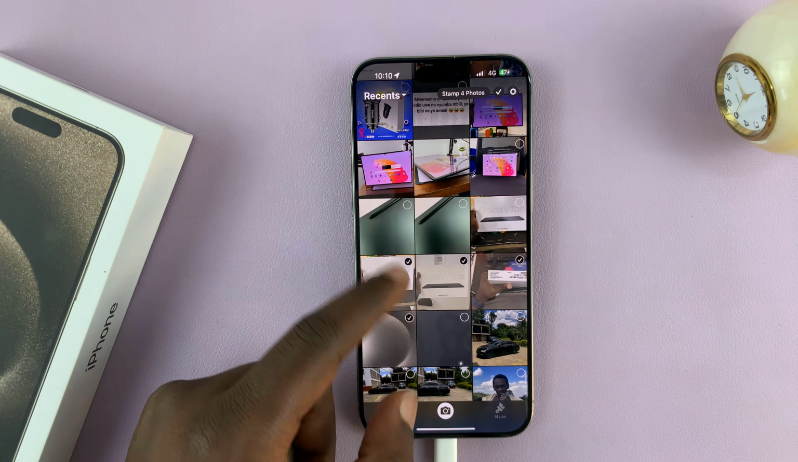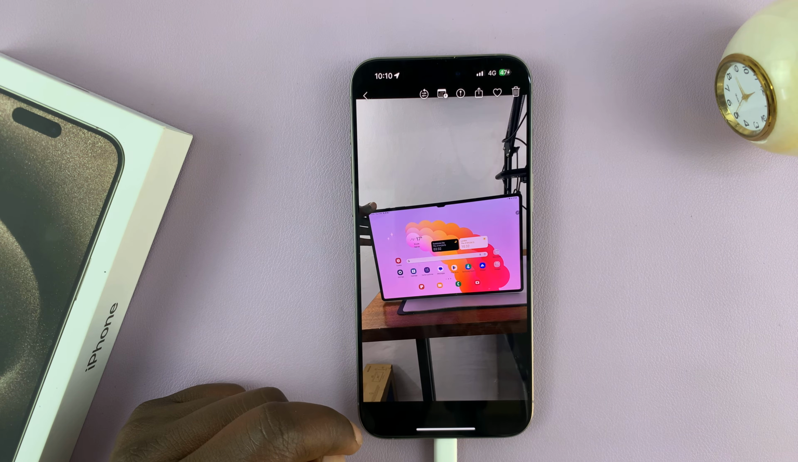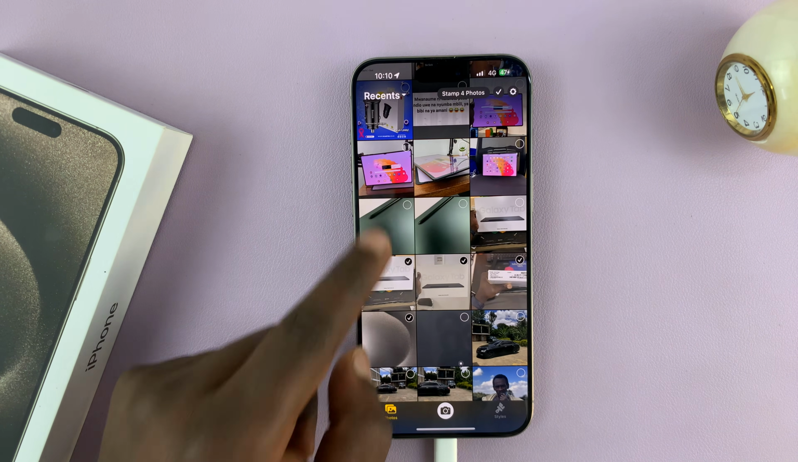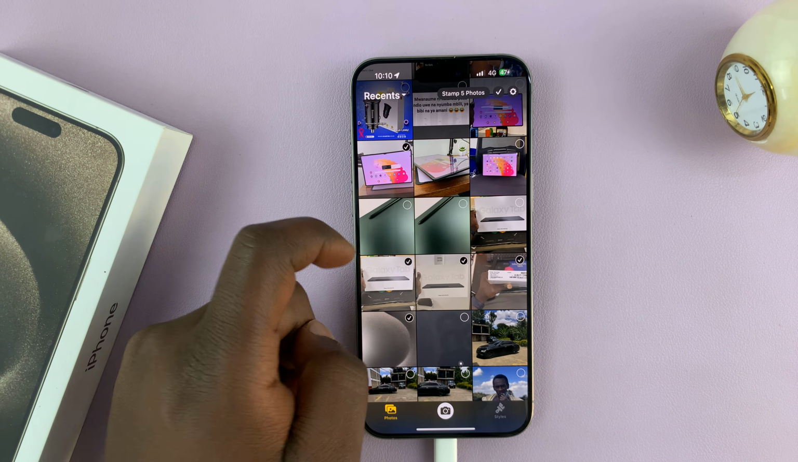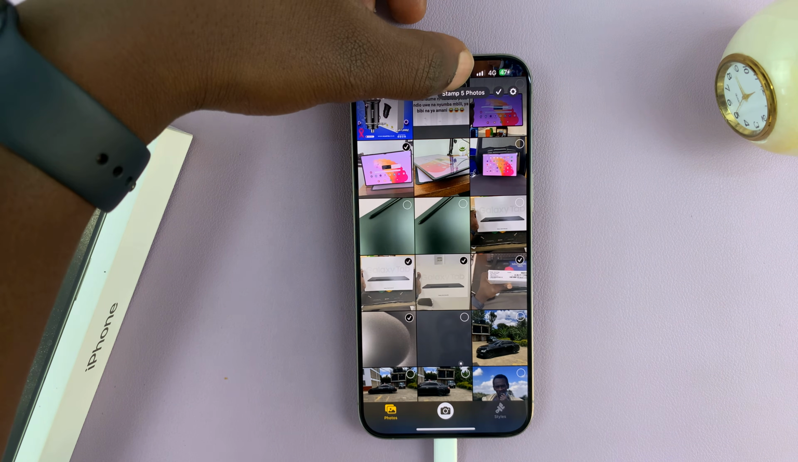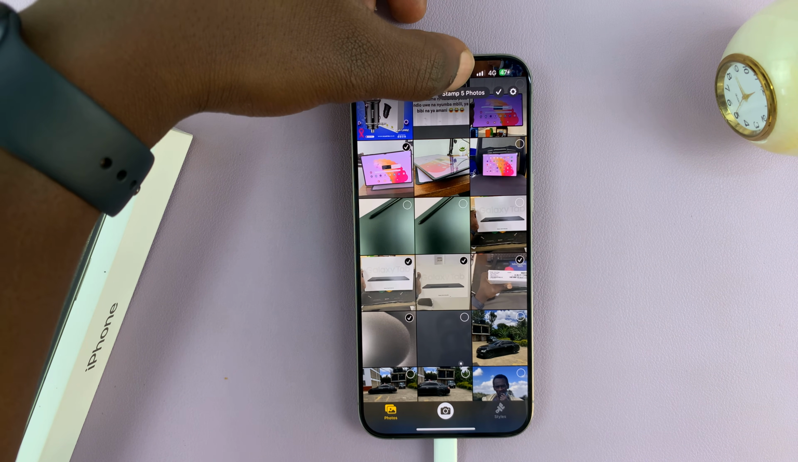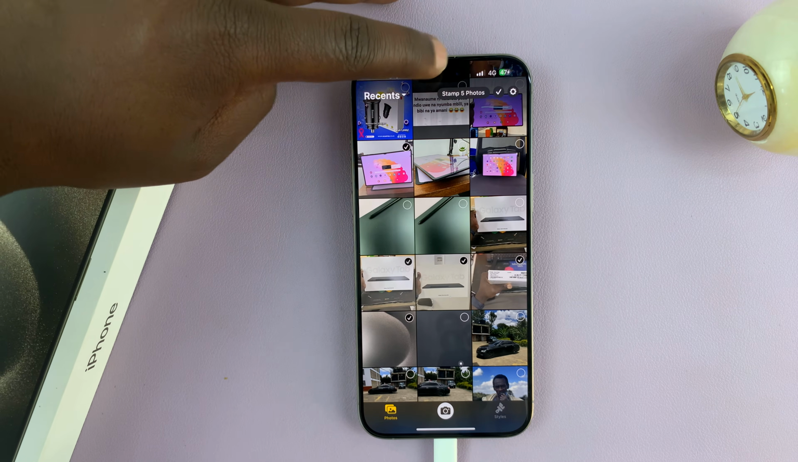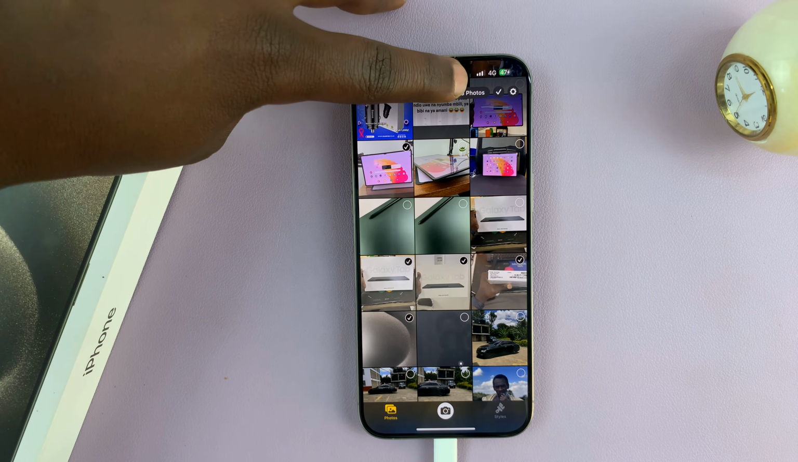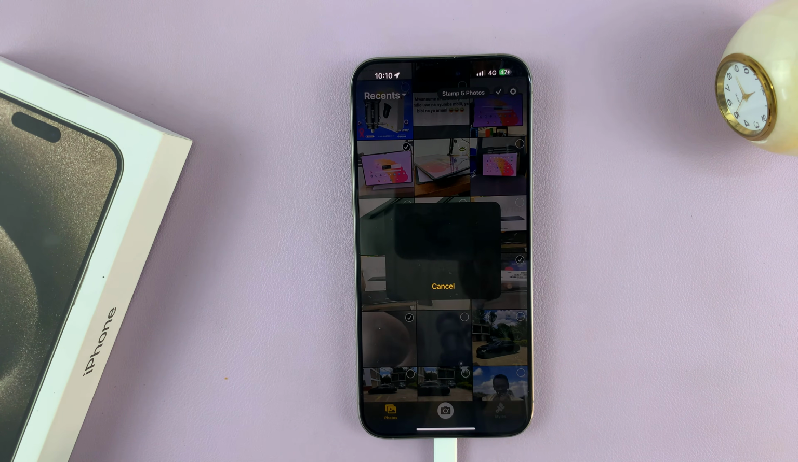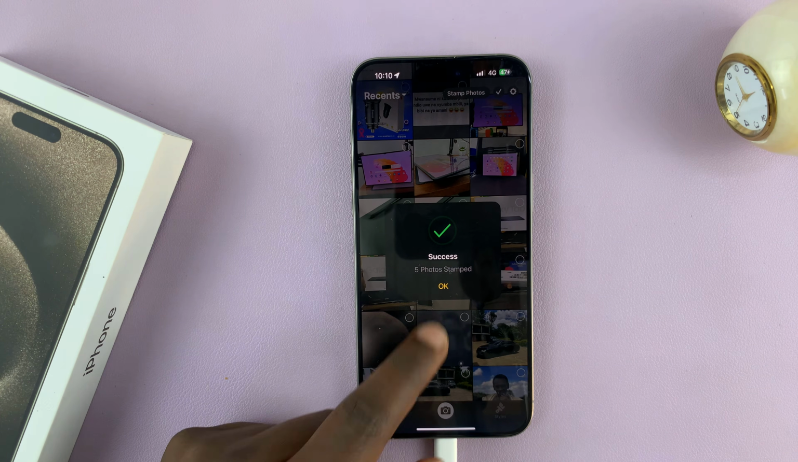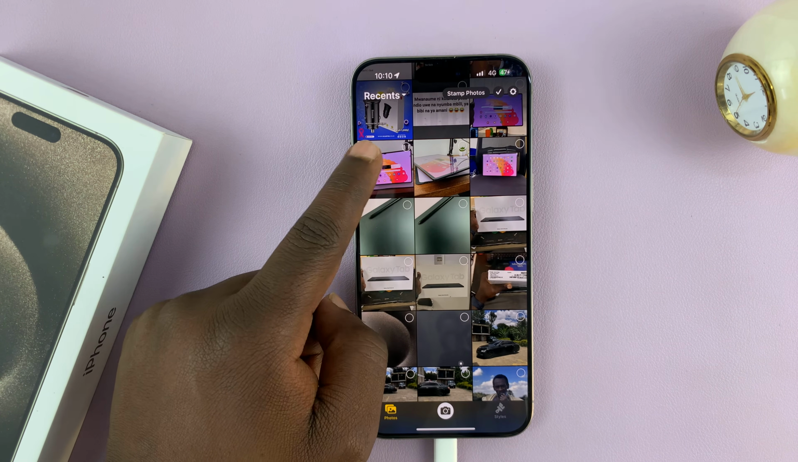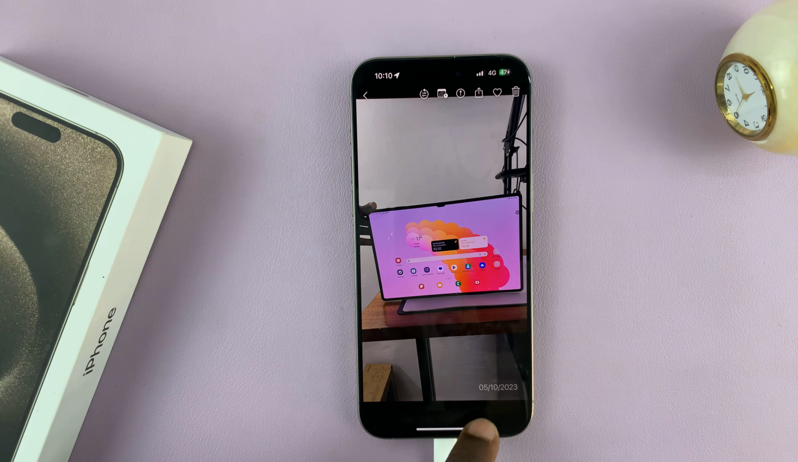For instance, if I want to add a timestamp to this photo, all I have to do is select it, and then you'll see stamp, whatever number of photos you've selected, photos. Okay, so for me, I've selected 5, so I'm going to stamp 5 photos. Okay, and it says success. And now let's have a look at one of the photos I just added a timestamp to, and here we have